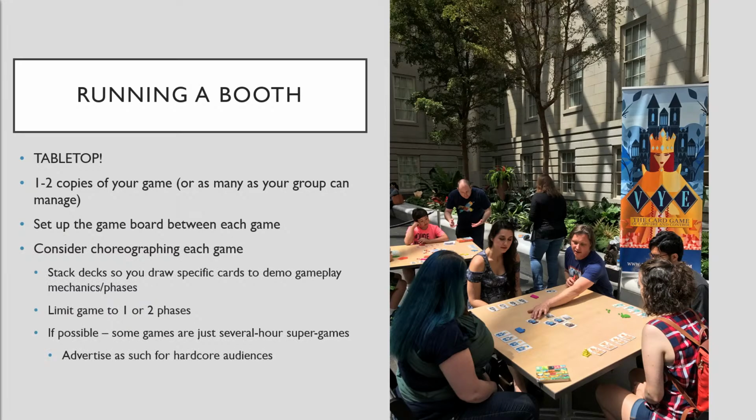And then consider choreographing each game. When I was demoing La Mancha a lot, I would take 8 specific cards and put them on the top of the deck in a specific order. What that did was it hit all the characters people knew from the novel Don Quixote. You get windmills, you get Dulcinea, all the things people expect if they know anything about Don Quixote. It showed off all the features of the game, and it was balanced.